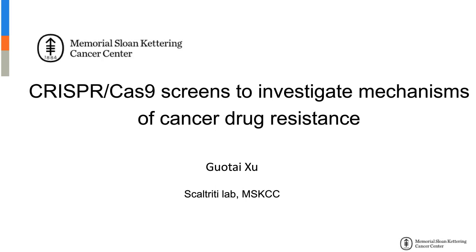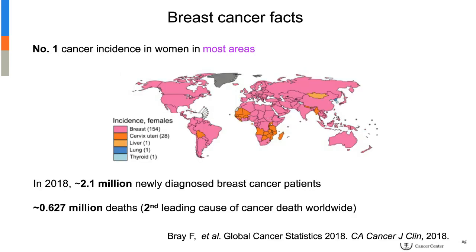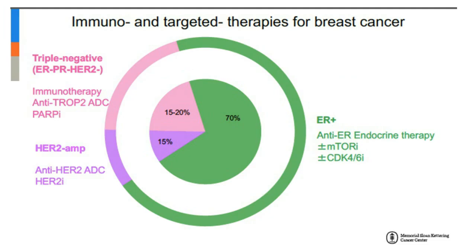It's the most frequently occurring cancer in women, as shown in the areas in pink. In 2018, there were about 2.1 million newly diagnosed breast cancer patients and about 0.6 million deaths. Therefore, it is important to study and understand breast cancer. Throughout my PhD and postdoc work, I have been consistently interested in characterizing the genomic drivers that drive breast cancer